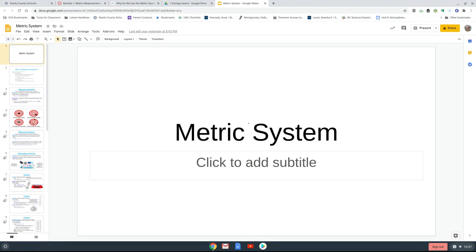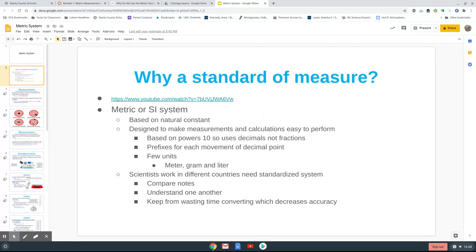All right, so we're going to talk a little bit about the metric system, and I am going to leave it like this instead of going in present mode because I'm not convinced it will record everything. So just to kind of go over what's a standard of measure, we're going to